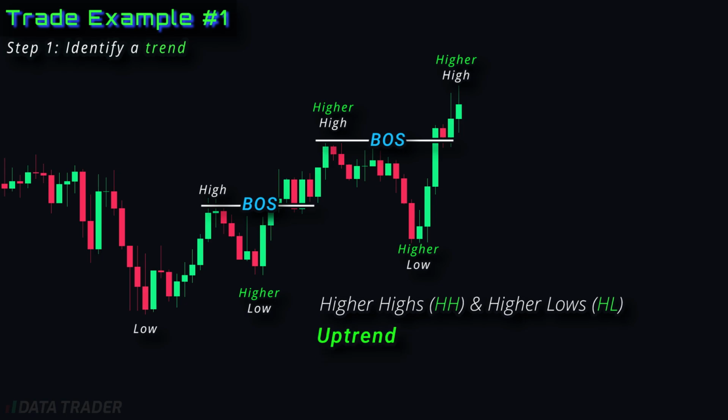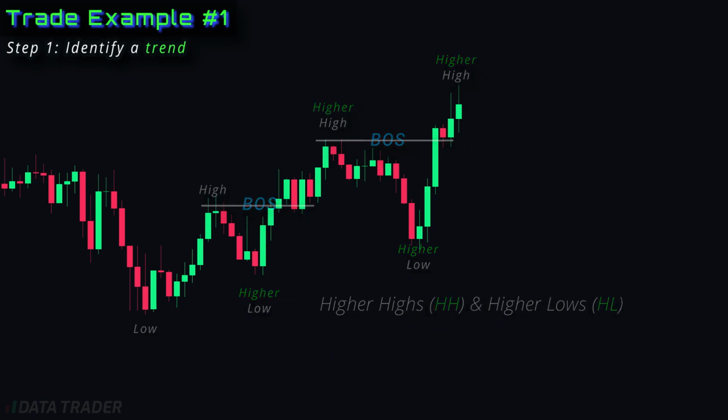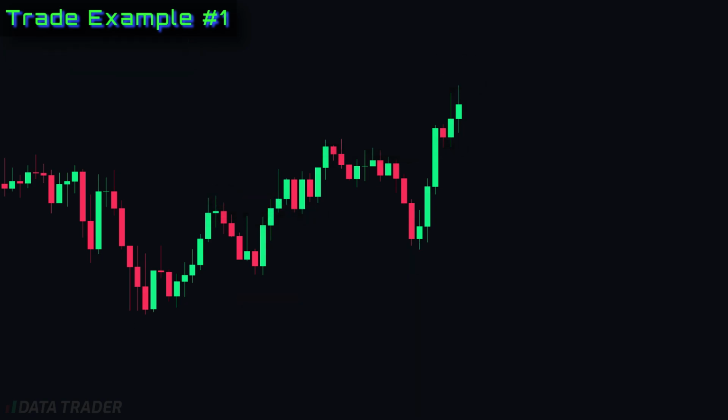Now, once we found the trend, the next step is deciding when to enter a trade. So, for our entry strategy, we first need to analyze the chart itself. We can begin by drawing important key levels that exist in the chart. And in this case, we can immediately see that there are a couple of supply and demand areas that we